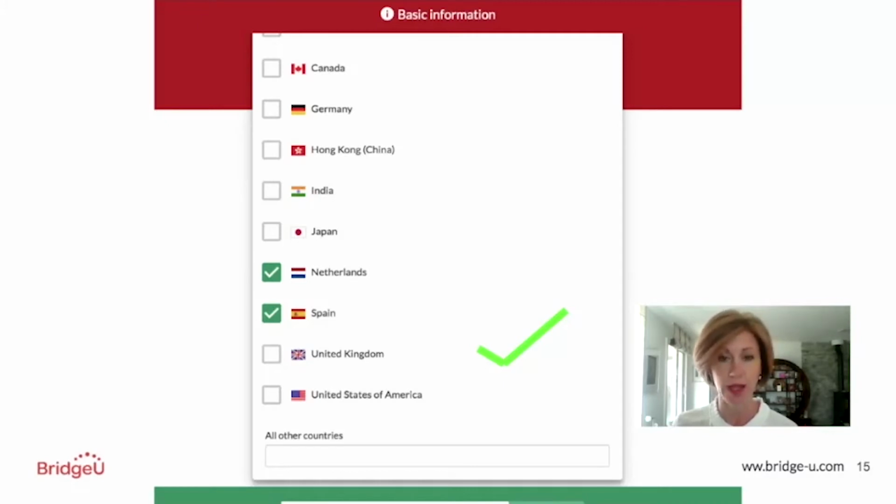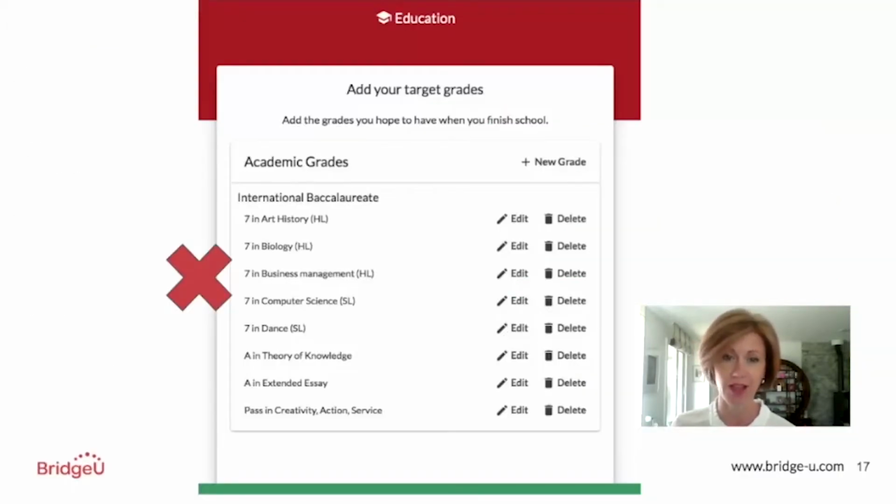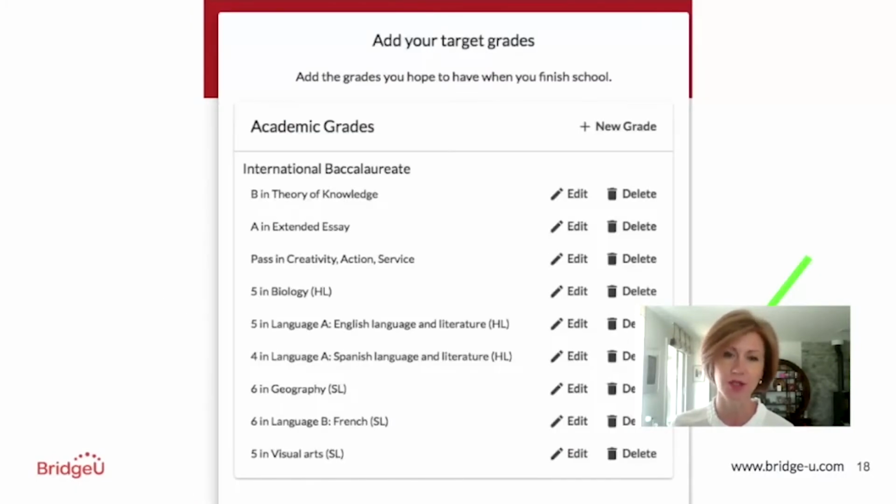So when they have clicked the different countries that they then want to study, what they then have to do is input their grades. Now, this again is another interesting conversation where students often put in grades that they hope to achieve and not necessarily what they're achieving currently. So again, it can be something that's reassuring for students that if they know that currently they're not getting the grades that they hope to get in their final IB exam, we do the IB, so we would put in the 6 subjects, including extended essay and TOK,